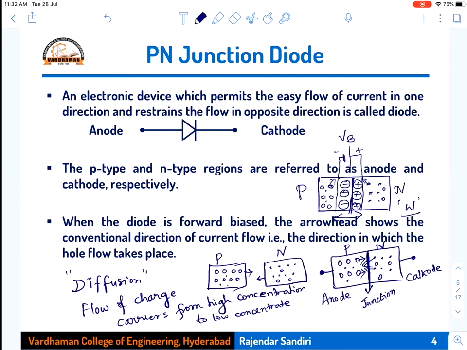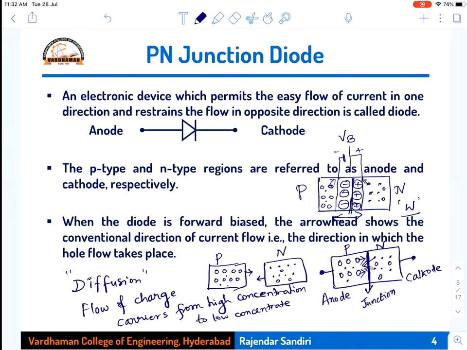They will be safe. So here also, the ones more close to the junction are affected, and they will become immobile. And the ones far away from the junction are safe. They will not participate even in the process. So here also it is the same thing. As you bring both these p-type and n-type semiconductor materials in contact with each other, the electrons and holes which are close to the junction will collide with each other and they will become immobile, and that creates a gap, which we call the depletion layer. The depletion layer does not allow the rest of the holes and electrons to collide or to diffuse.